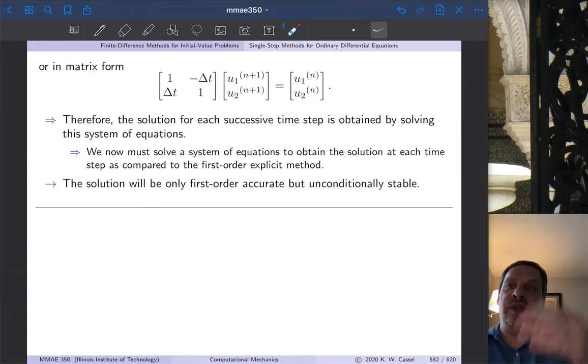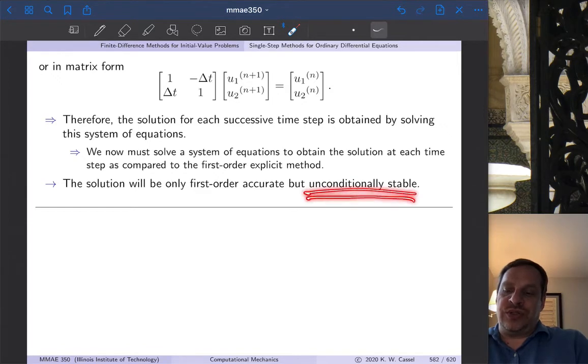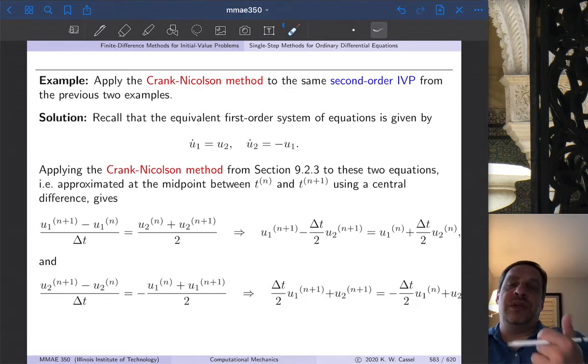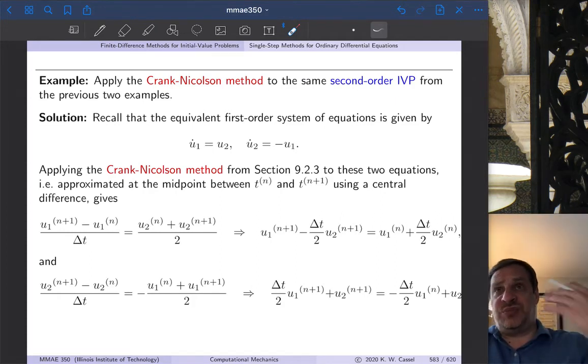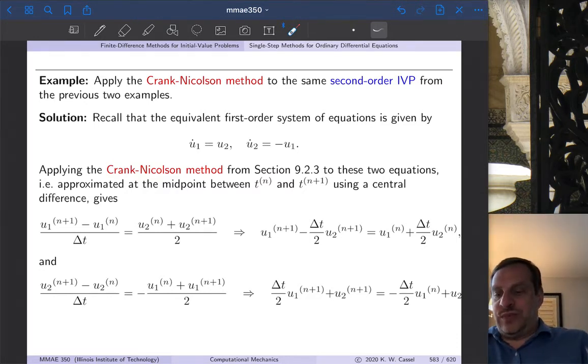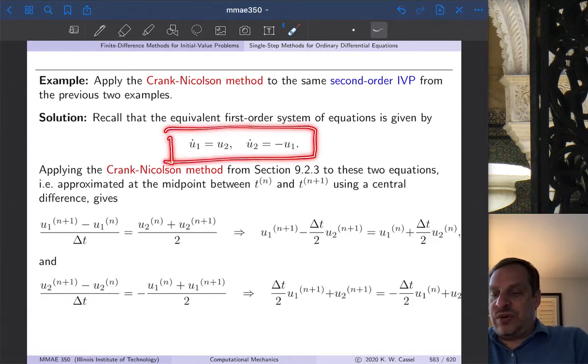at every time step to advance and march the solution forward. This is unconditionally stable. So the first order implicit method is unconditionally stable. Then the Crank-Nicolson method, so remember Crank-Nicolson method upgrades the first order implicit method to second order accuracy as opposed to first order accuracy. So it's implicit, so it has the favorable numerical stability properties, but it is also better in terms of accuracy. So again, same second order initial value problem, which has been converted into a system of